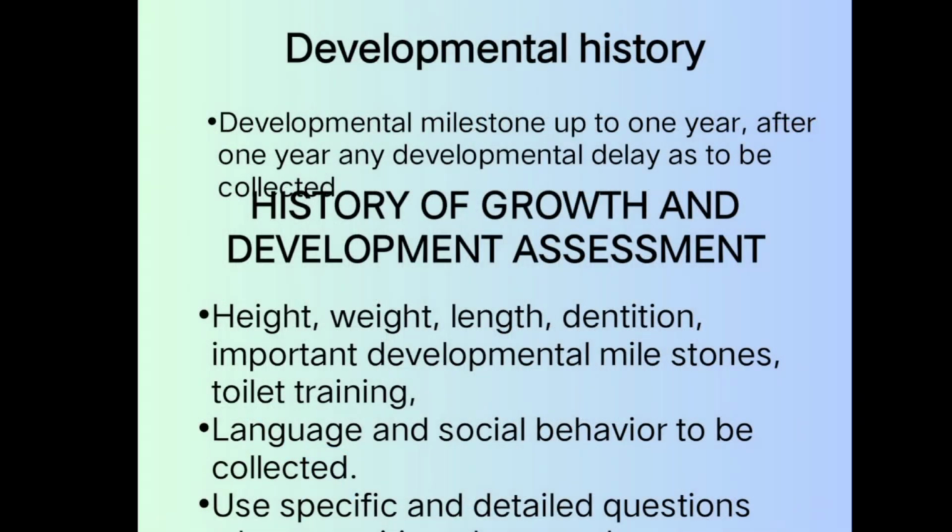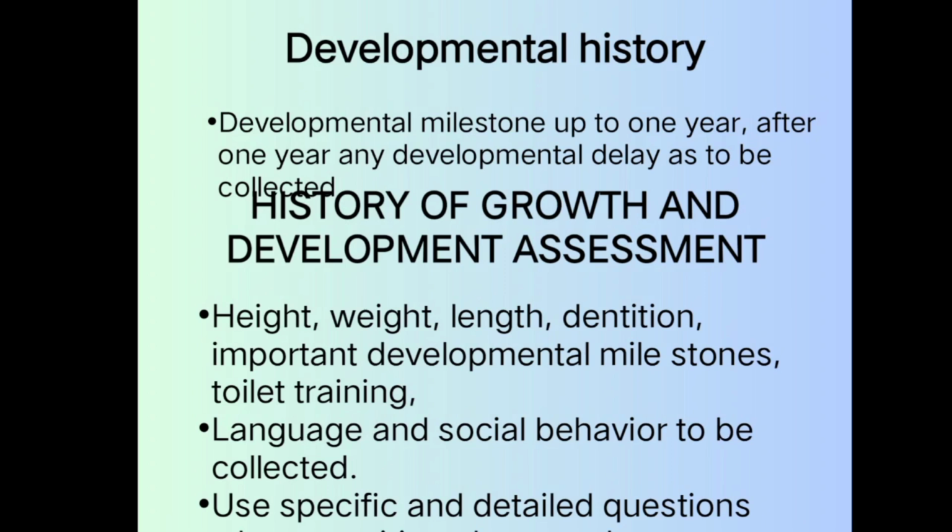Next is developmental history. So developmental milestones up to 1 year. After 1 year, any developmental delay is to be collected. So history of growth and development assessment is like we will first assess their anthropometric measurements, that is height, weight, length and dentition. So how many teeth do they have? Do they have primary teeth, that is milk teeth, that is deciduous teeth,